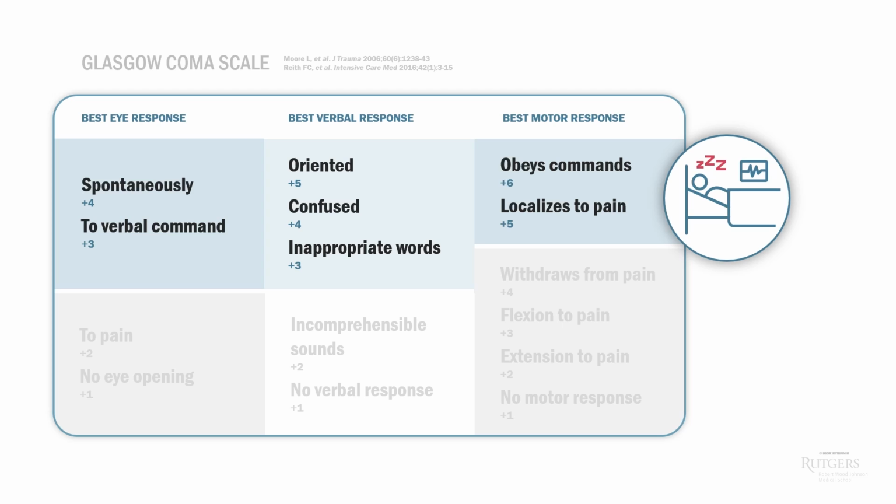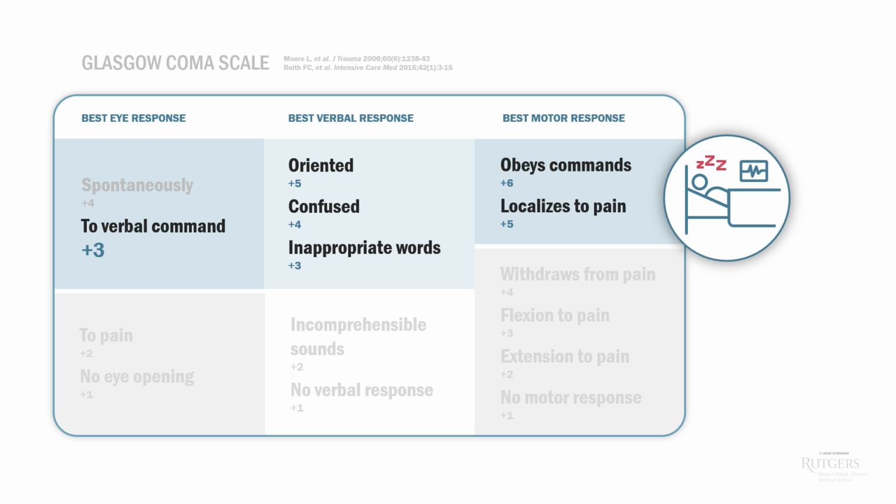Patients with mild to moderate injury open their eyes spontaneously or to verbal command, and are at worst confused and using inappropriate words in response to questions. They may also move their limbs to command or show evidence of localizing painful stimuli. They touch or withdraw the limbs that receive the noxious stimulus.